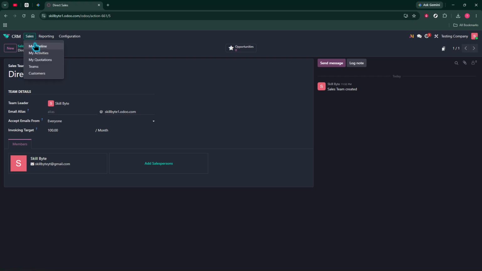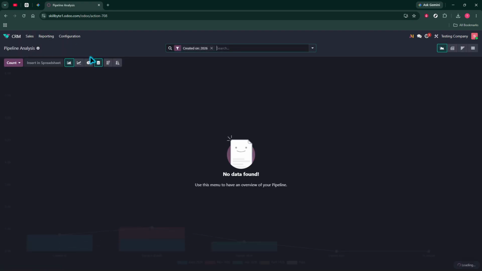For reporting, go to CRM, then Reporting, then Pipeline. Use filters or group by and choose Sales Team. This lets you compare revenue, conversion rates, and opportunity volume across teams. You can also set an email alias on the sales team form. When emails are sent to that alias, Odoo can automatically create a lead or opportunity and assign it directly to